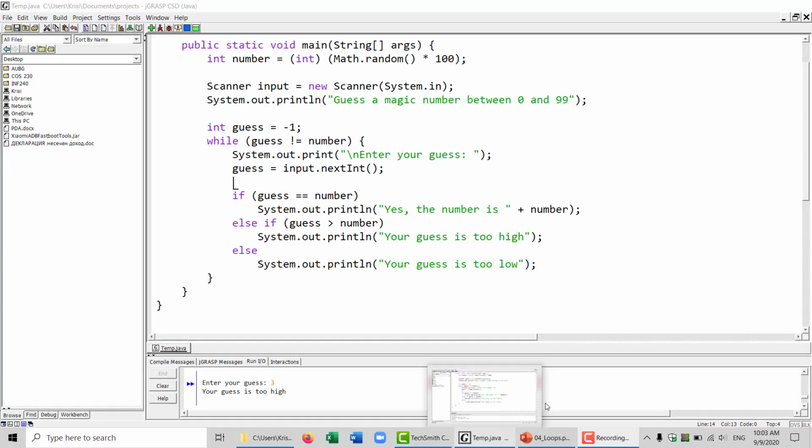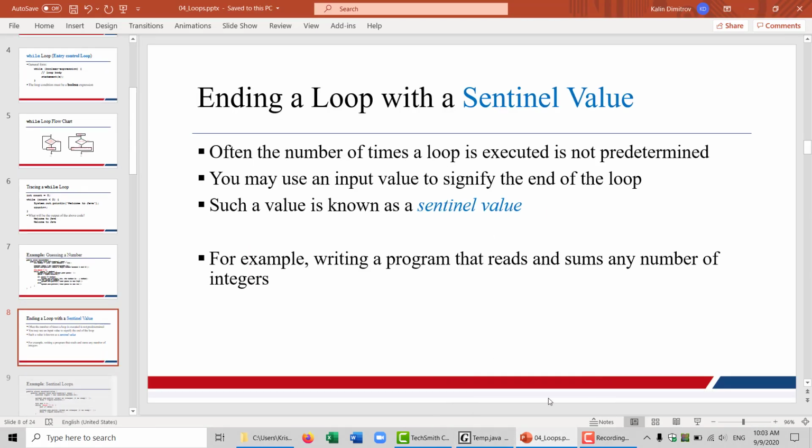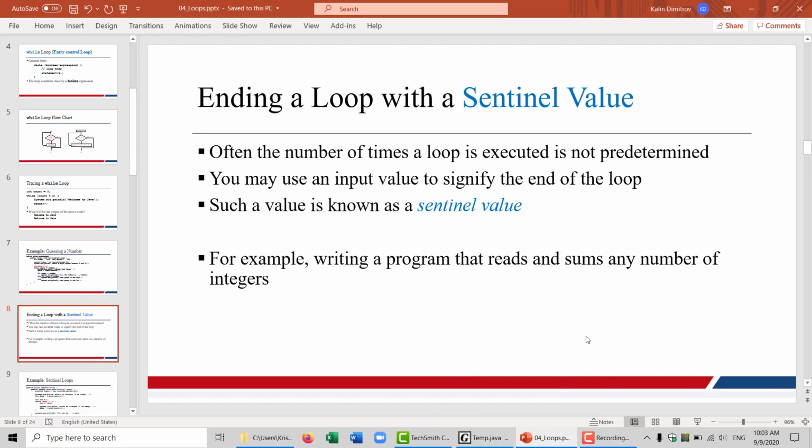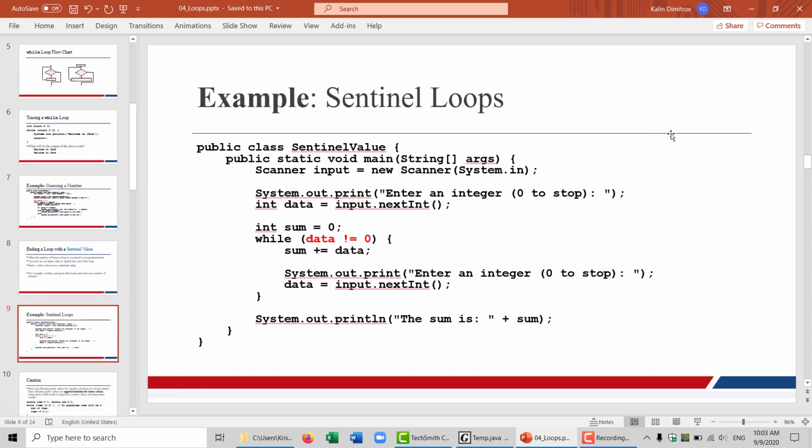Alright, back to our presentation. Ending a loop with a sentinel value. So this is a new term for us, one that you need to be aware of. The sentinel value is just a value that helps you end the loop. So for example, in the situation here that we're seeing in this example, we want to end the while loop